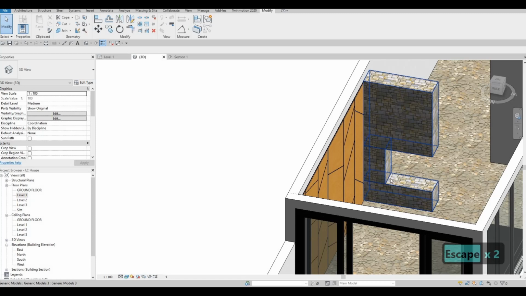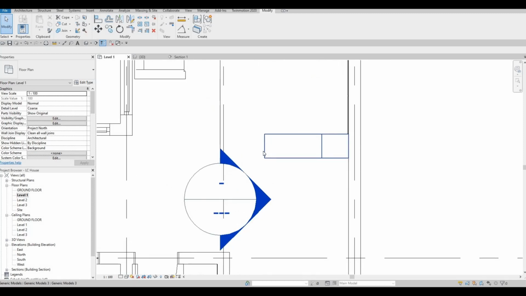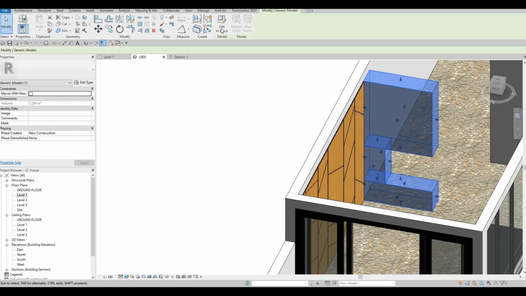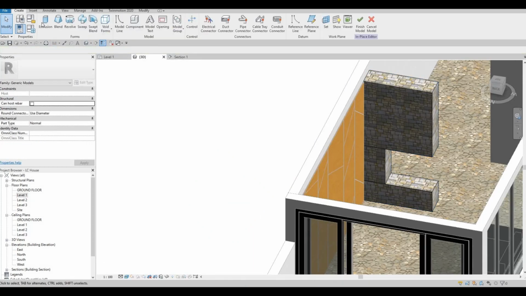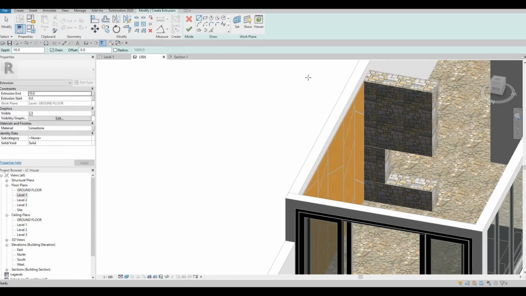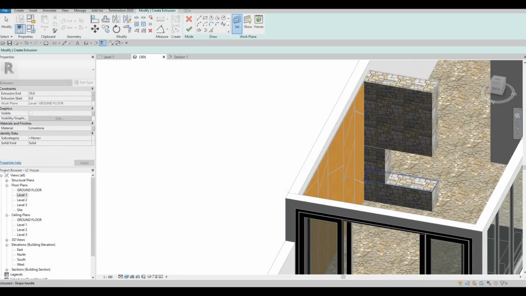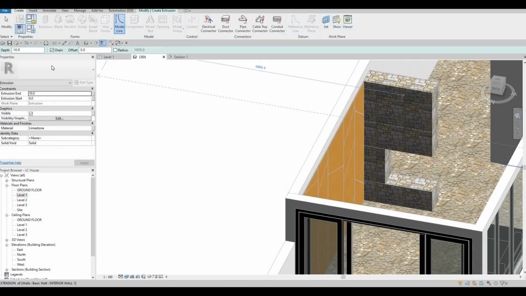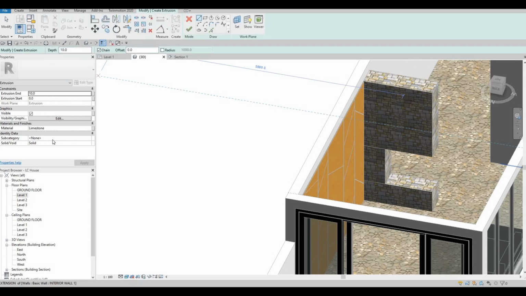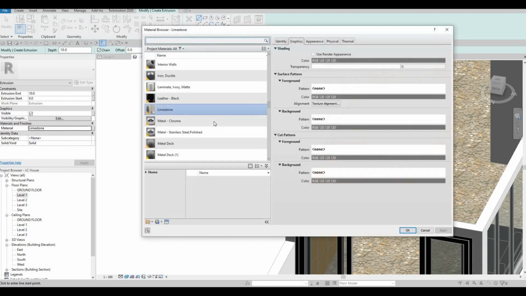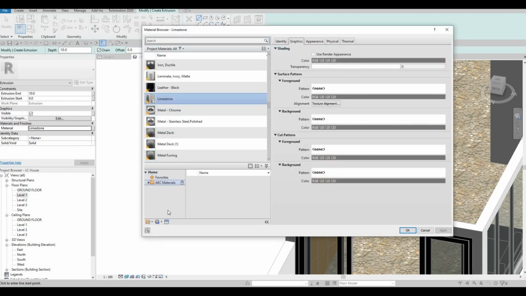We could add in a plate here for another stone finish, and then another for the glass part. So here we could add in the glass part and then another stone finish. So right now I'm going to edit this. I'm going to create another extrusion, and then for this extrusion I'm going to set, pick a plane, and then let's select this one. After that, create right here. Let's change this to a different material, another stone,